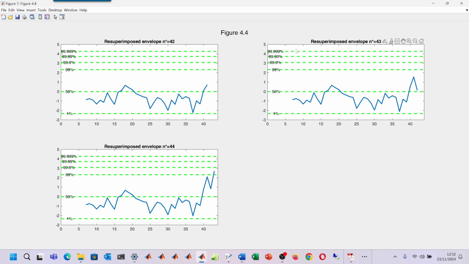We have a first envelope which is generated for n is equal to 42. Then we add another observation. The trajectory changes. You can see it actually comes down now when n is equal to 43. And then when n is equal to 44, it goes outside the 99% level, which at this part of the search is the critical value. Trajectories in these plots remain the same, although it's very hard to see it. The positions of the horizontal lines will be moving slightly,